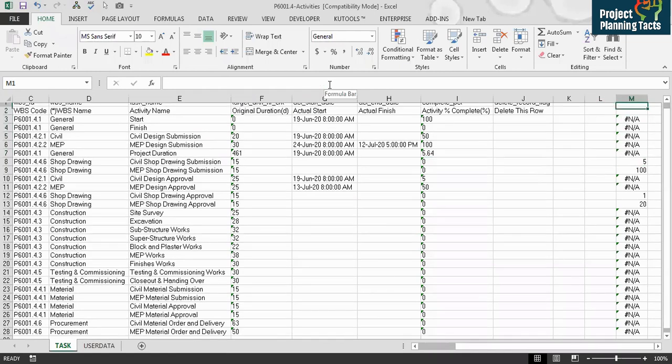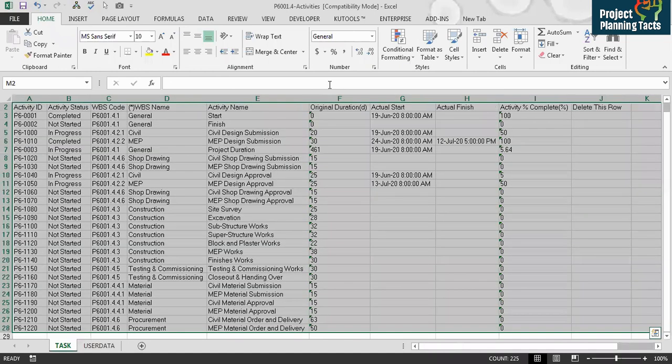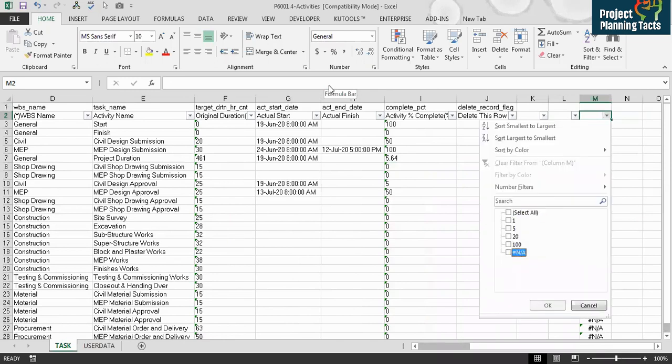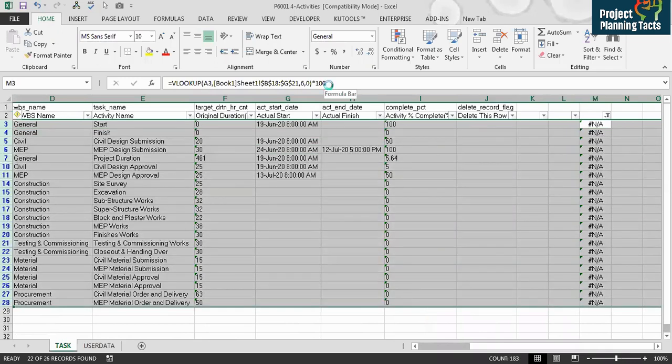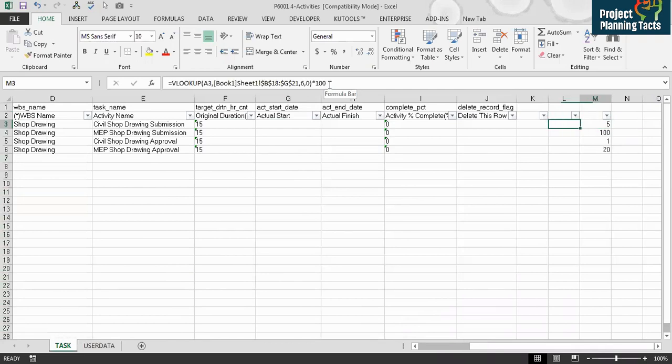You can apply a filter and remove the blanks from here, because all the not applicable ones we are not going to update. We are only going to update these 4 activities, as I said.